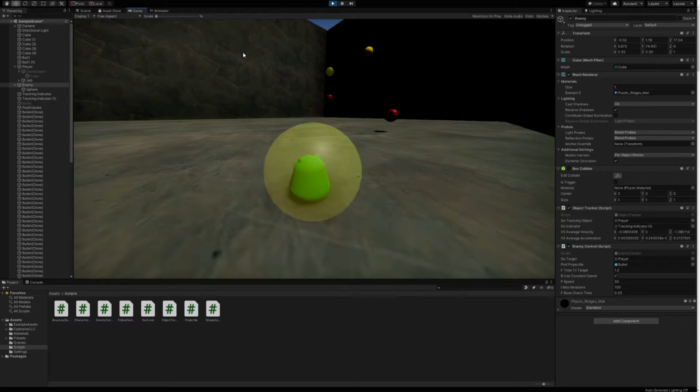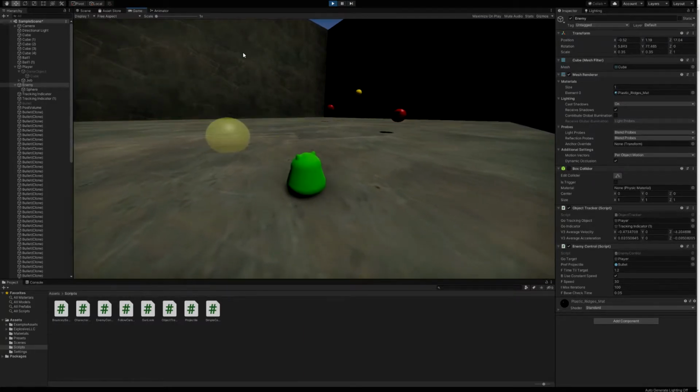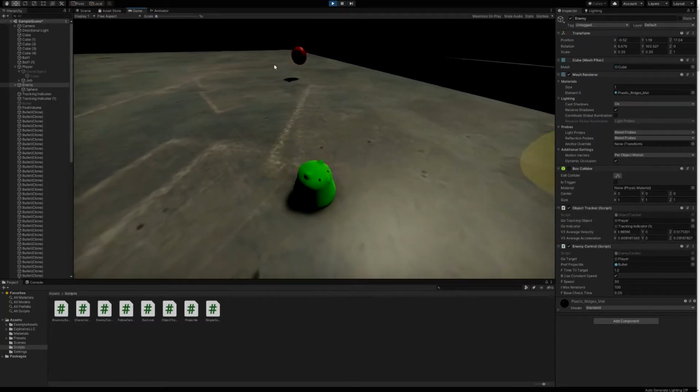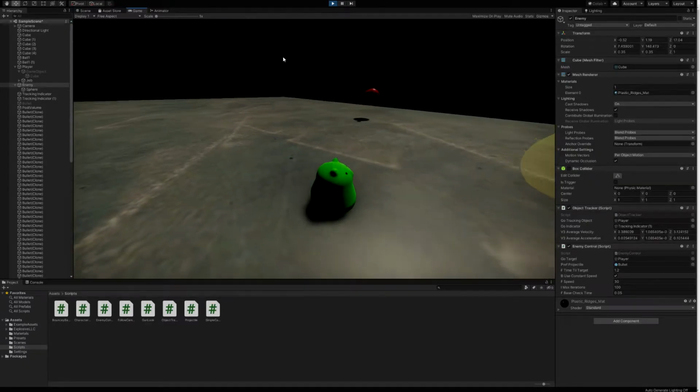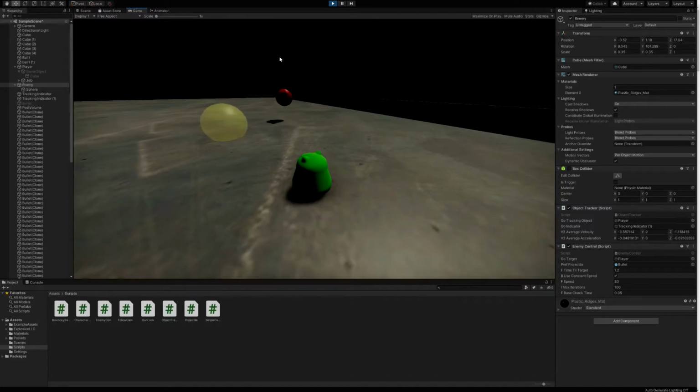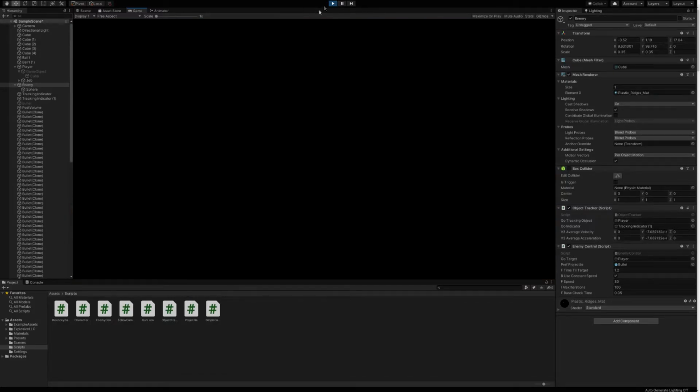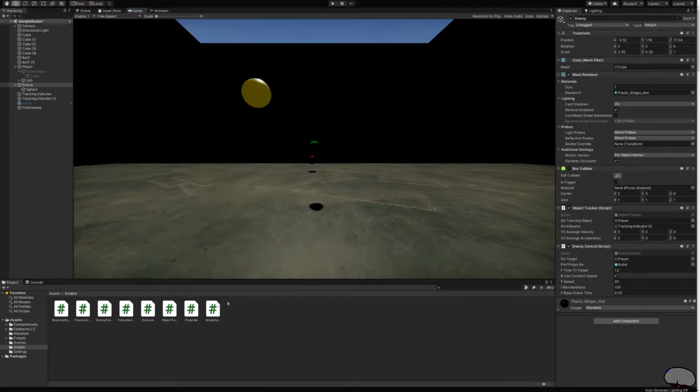So, how do you solve this? What you would do is you would lead the position the target's going to go. So, this yellow indicator we have, that's leading where I'm going to be. And I'll show you how to make that in this tutorial. So, first things first,